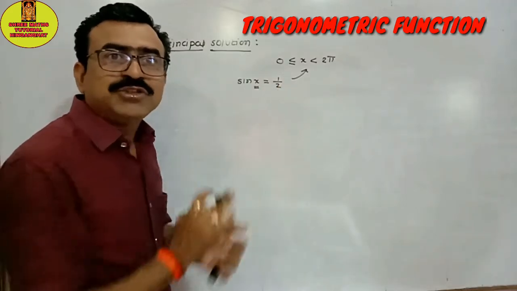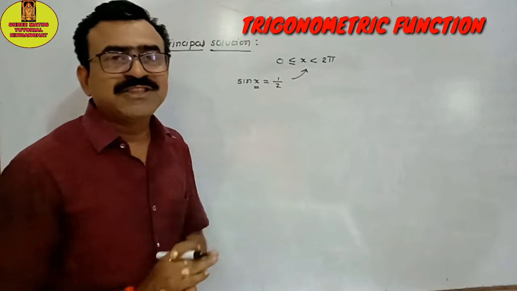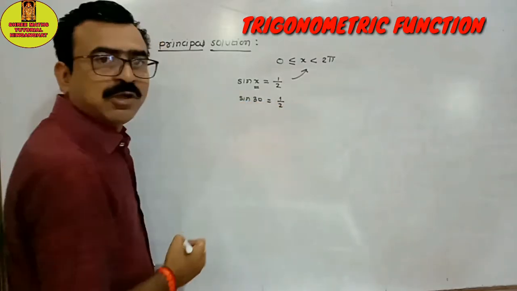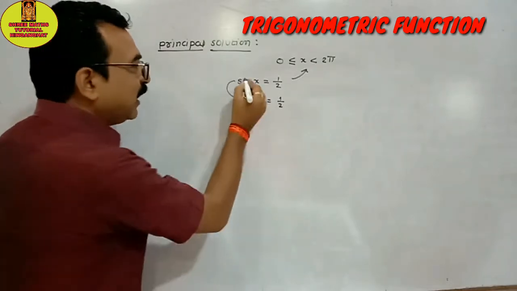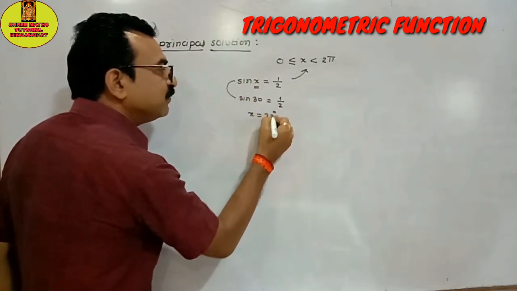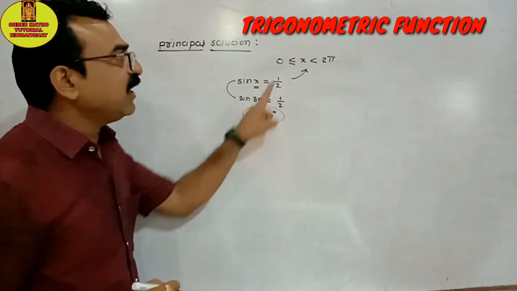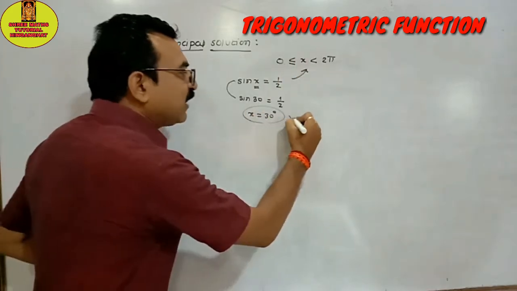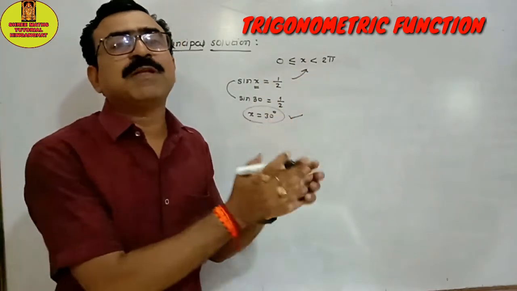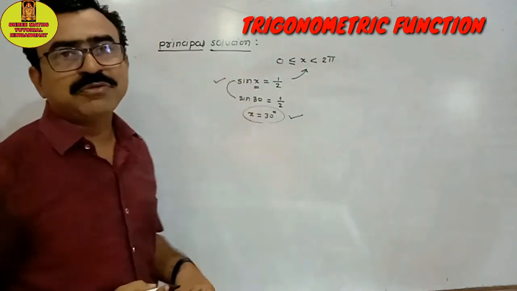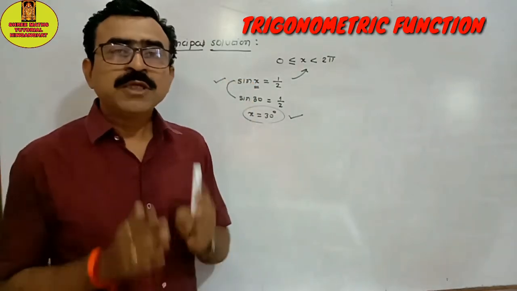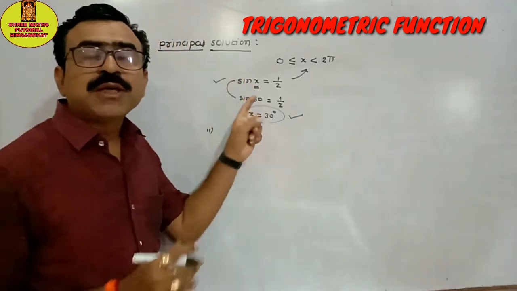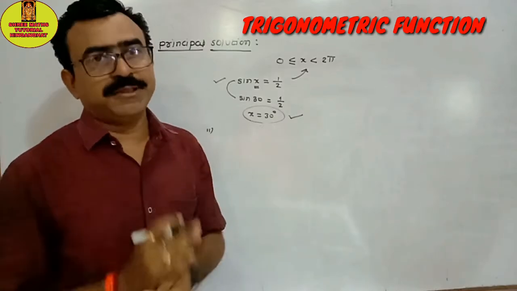From previous knowledge you know that sine of 30 is equal to 1 by 2. By comparing, you get x is equal to 30 degree. Okay, and this 30 degree lies between 0 and 2 pi, and because of that you can say that x is equal to 30 degree is the principal solution of sin x is equal to 1 by 2. Is that clear? Here you have to note one thing, that principal solutions are always calculated in radian,